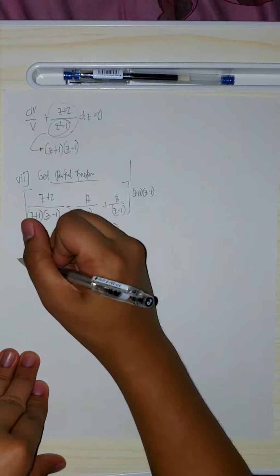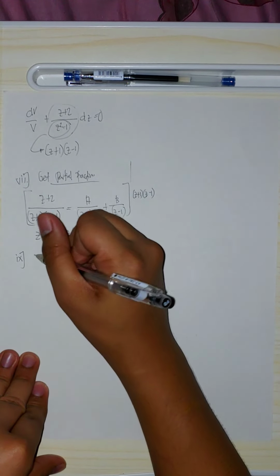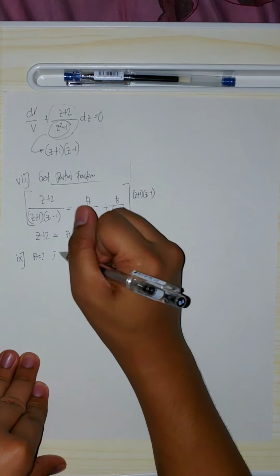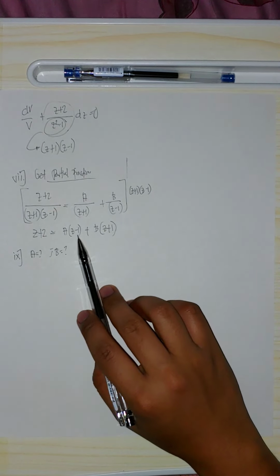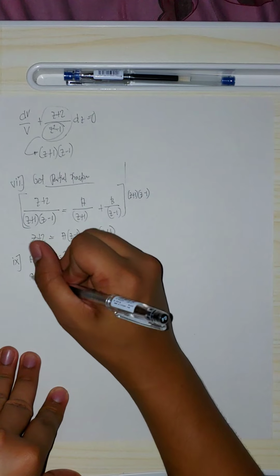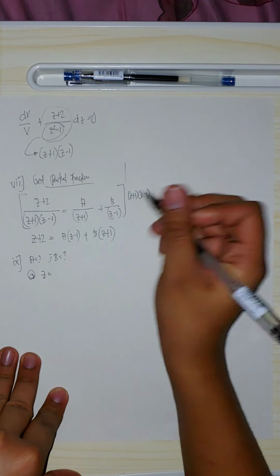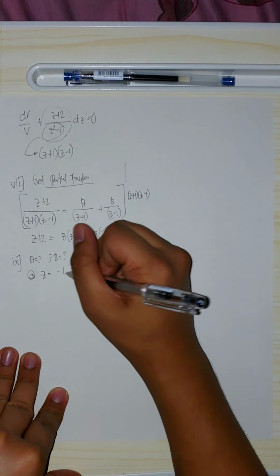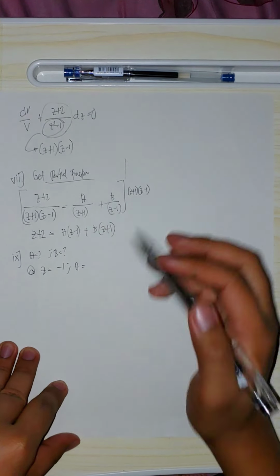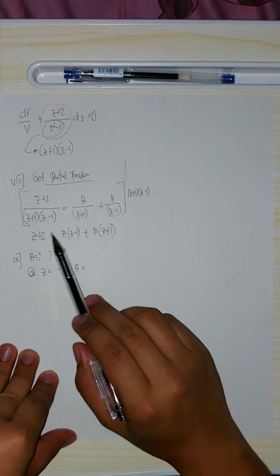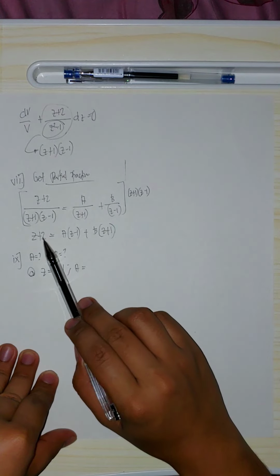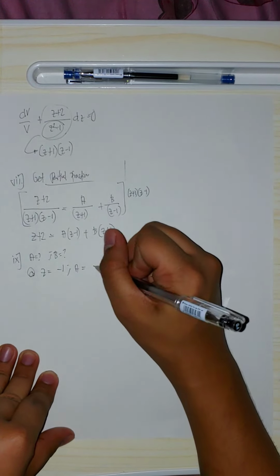Next, get a and b. You can substitute values here for z. So if z is equal to negative 1, a is equal to, so negative 1 since z is negative 1, negative 1 minus 1, that is negative 2. Negative 1 plus 2, that is 1, divided by negative 2, here we have a is equal to negative